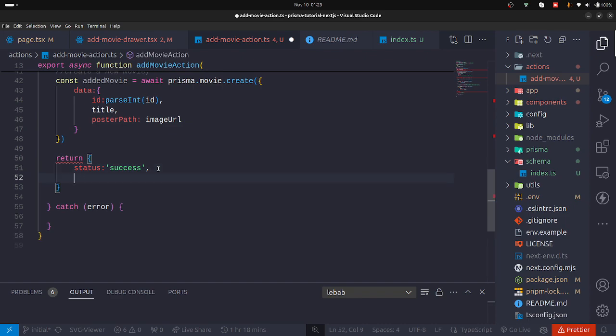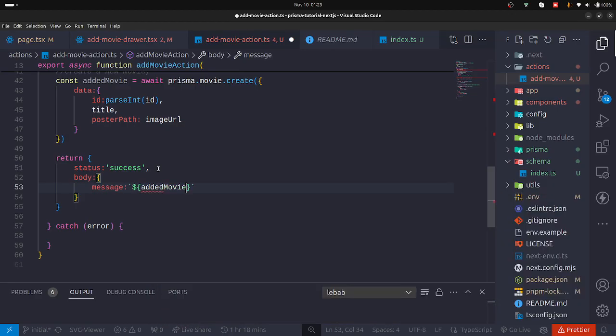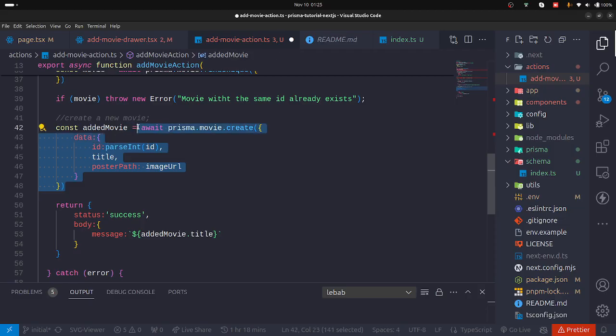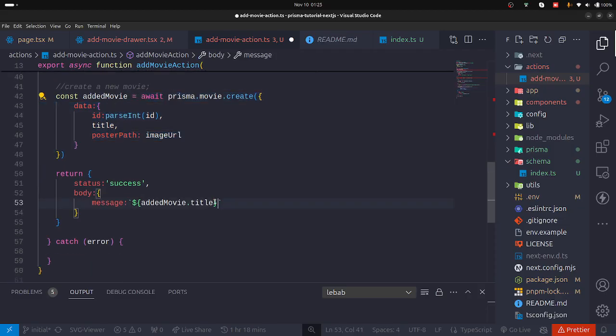And then the body, then the message, which will be equals to addedMovie.title. So whatever we get back whenever a create operation is registered is the created movie, and then you can say has been created